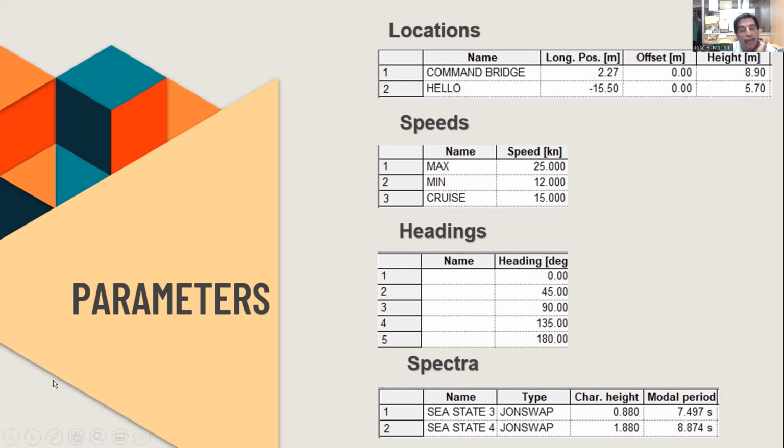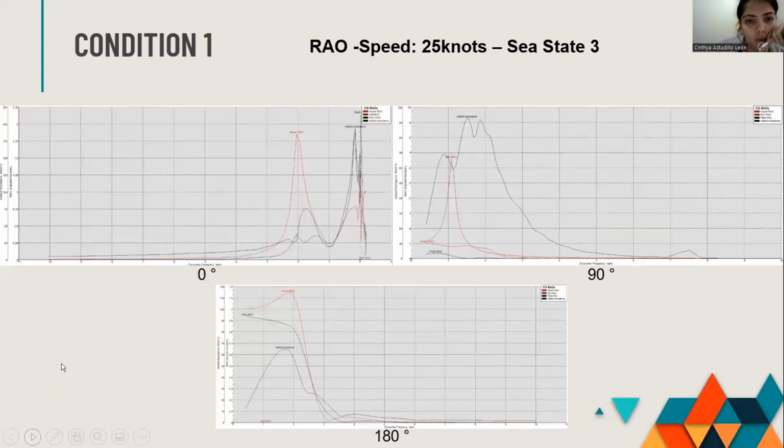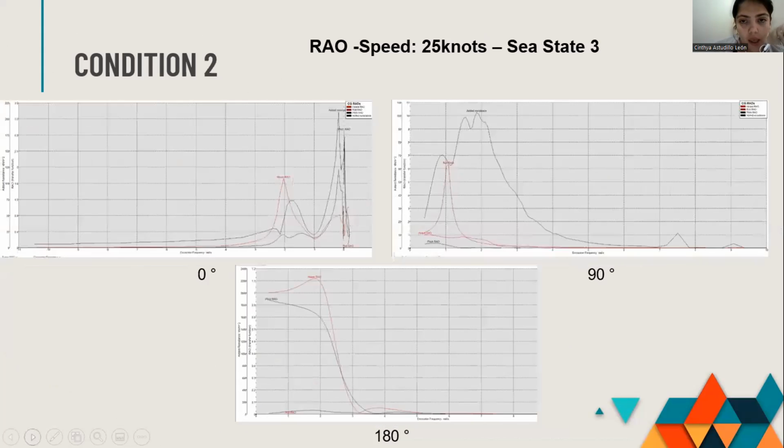Okay, go on. The spectra selected are sea state 3 and 4, but in our case we can't add sea state 5 for the Galapagos Islands. This is our result running at 25 knots and sea state 3 at 0, 90, and 180 degrees, sorry. And this is running in condition 2 at 0, 90, and